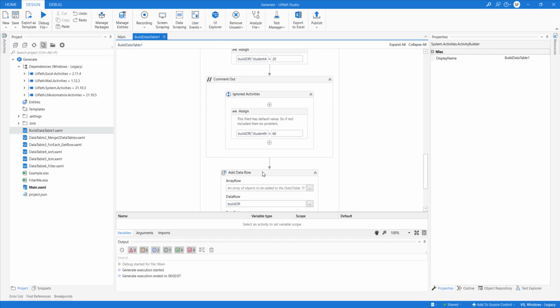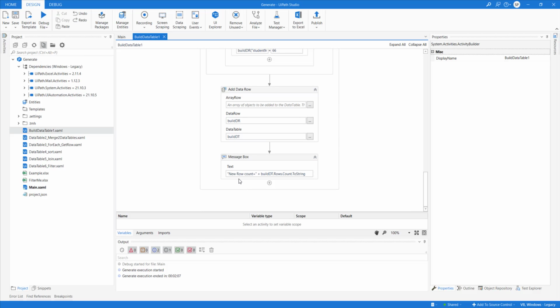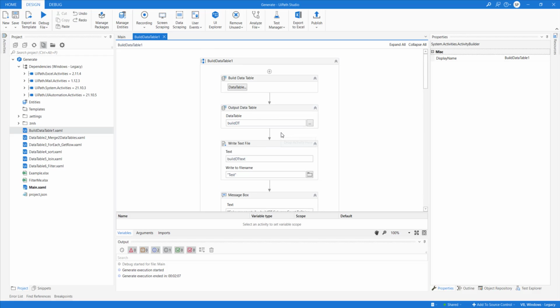And then at the end, you use a build data row, which has to be passed, and then keep the name of the data table where the result will be stored. Okay, and the record count will be increased. So let's quickly run this. If you understand this one, you should be able to perform many tasks in UiPath. So if you have any doubt, please feel free to ask here.